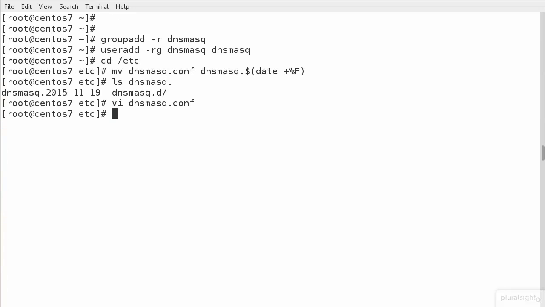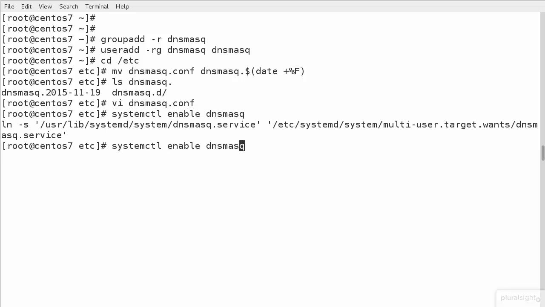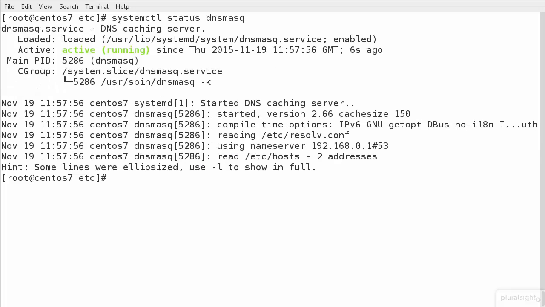When we now go through and run our systemctl enable and start, we should now be able to go through and look at the status. So we can see the information that we get back, and of course systemd gives me some log information coming back as well. Now one of the things that we can see that it's done is it's reading from